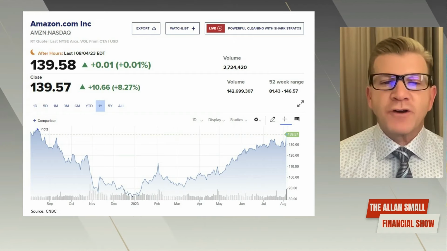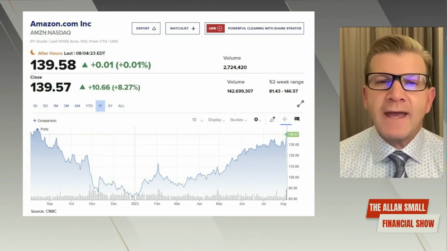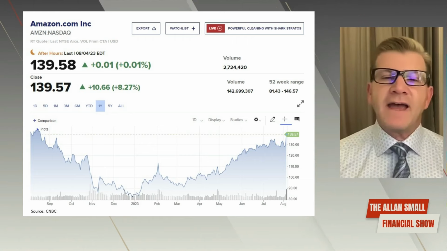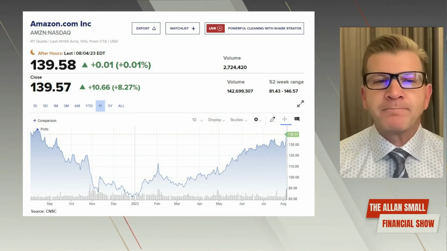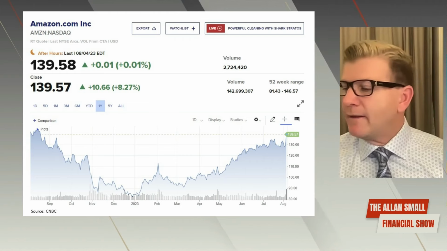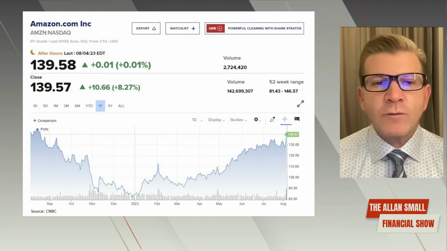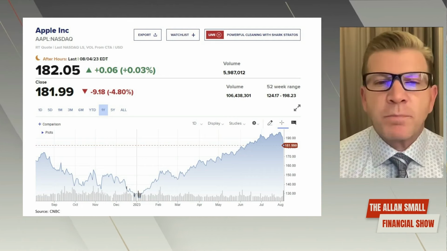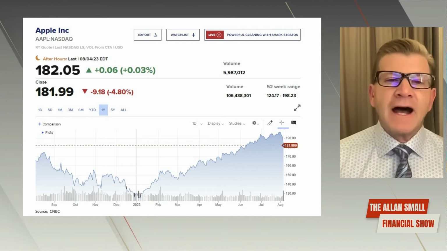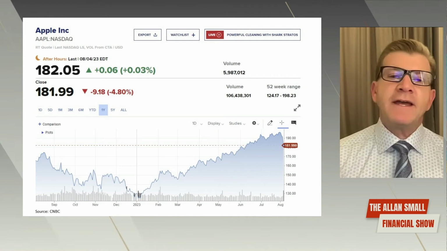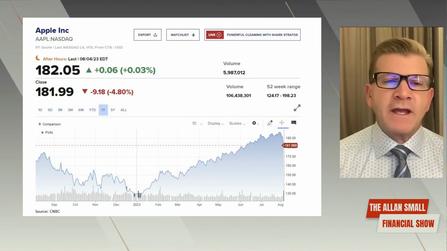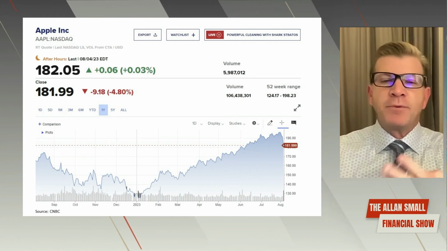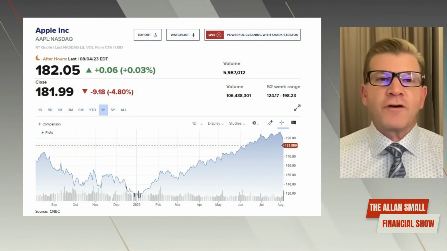And when Amazon came out with its earnings, it exploded to the upside the following day, up about 10% at one point, and then ended up about 8% by the end of the day as the market pulled back last Friday. Another name that I like as well that had earnings this past week was Apple. Apple didn't fare as well as Amazon. People were actually disappointed in the numbers that they provided us, but I thought they were strong numbers. I really did. And Apple is making a lot of money now on its services revenue. So all the services it provides, not just a pure seller of iPhones only.